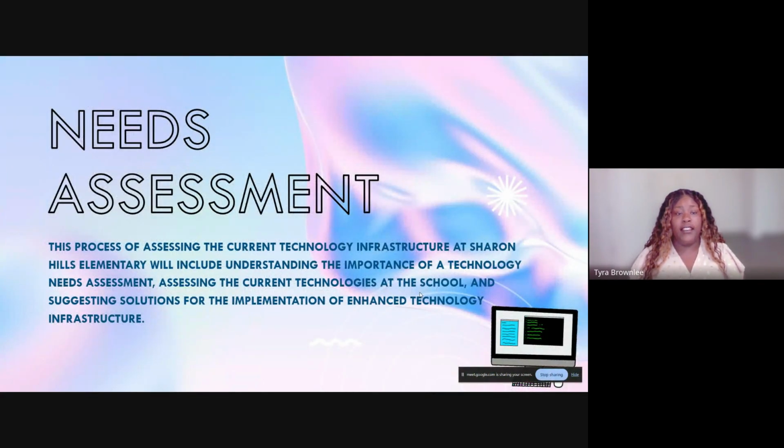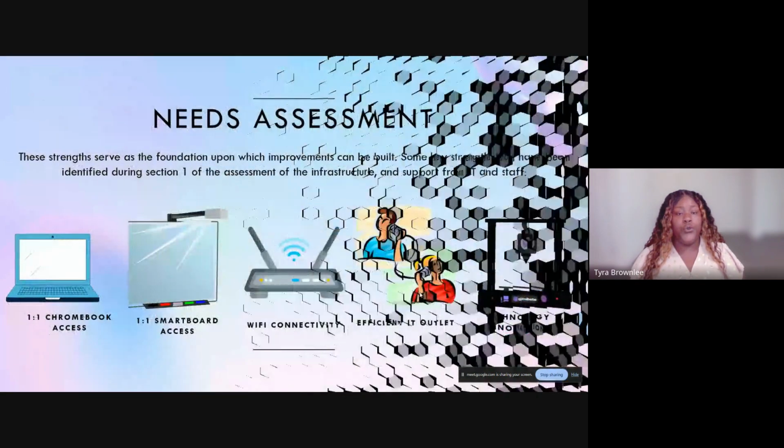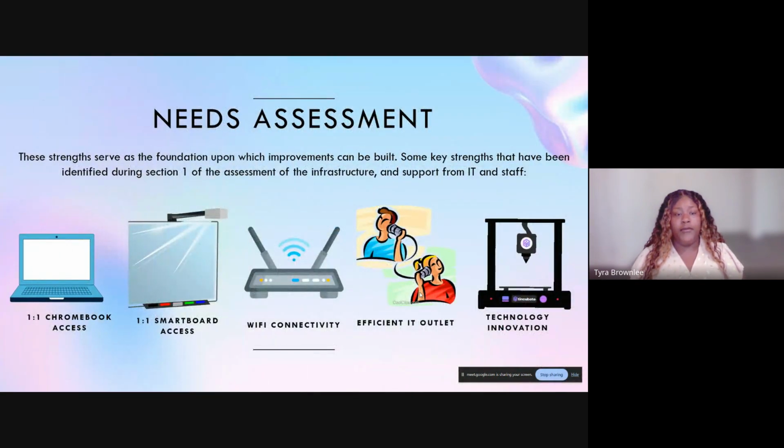Okay, so next, a needs assessment would be used to assess the current technology infrastructure at Sharon Hills, and it encompasses just understanding the technologies that are needed at the school. I am relating my concerns to the needs that are related to STEM, since I will be the STEM elective teacher next year. So, a few of those would be first to